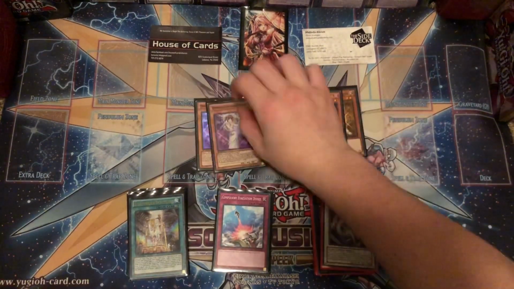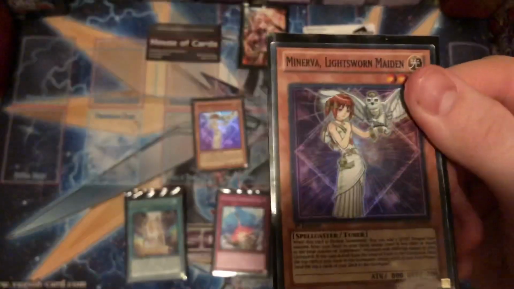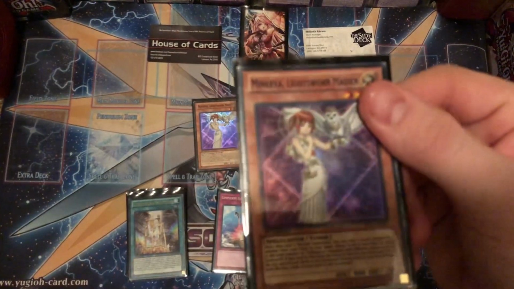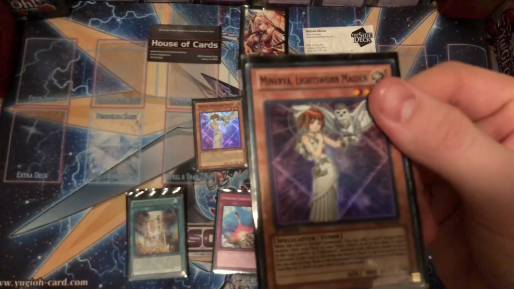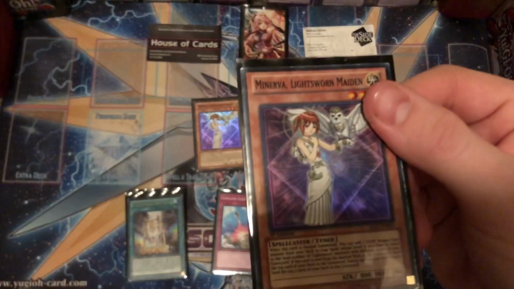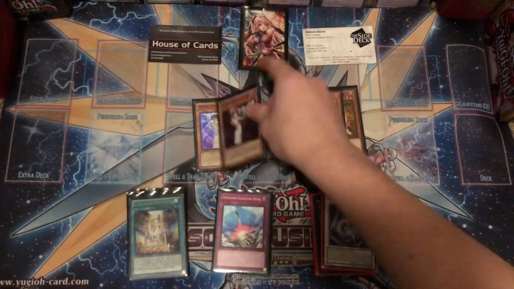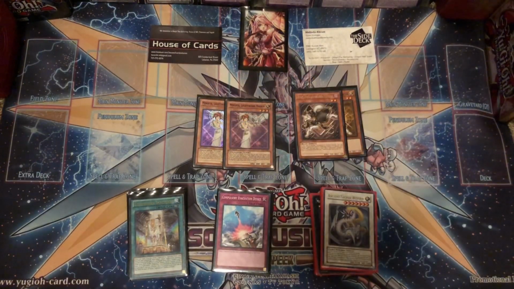Next, we have 2 copies of Minerva, the Lightsworn Maiden. So what this card does is when this card is normal summoned, you can add 1 Light Dragon type monster from your deck to your hand, whose level is less than or equal to the total number of Lightsworn monsters with different names in your graveyard. This card is sent from hand or deck to the grave. Send the top card of your deck to the graveyard. During each of your end phase, send the top 2 cards of your deck to the graveyard. So basically, if it's sent, mills an extra. And then what you're supposed to add is going to be